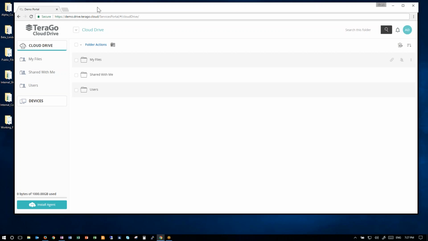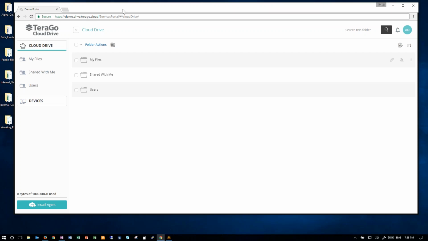In this demo video, we'll be going over some of the Cloud Drive monitoring and auditing capabilities that are built in within the Cloud Drive tool. Mainly, we're going to go over three types of functions. The first is looking at the system dashboard, which will give you a quick glance of the metrics of Cloud Drive for your organization. Then we will look at how to acquire access logs and audit logs